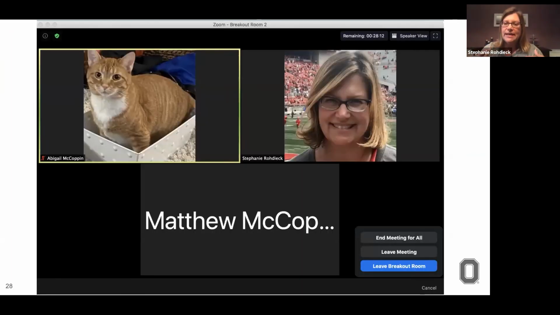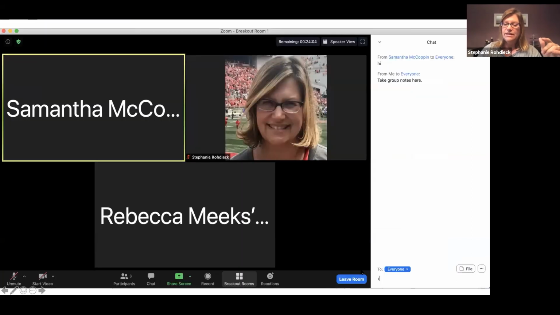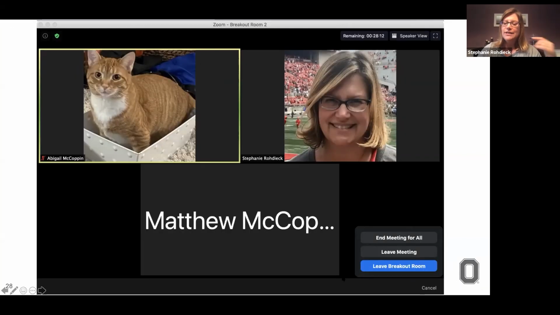When you're in a space and you're chatting with them and sharing or answering questions, when you're done and you want to leave that room and go back to the main space, that last screen I was on, you'll just click the leave button at the bottom. There's actually a leave room button. When you click on that, it's going to give you some options, and you'll want to make sure you don't end the meeting for all. Instead, you're just leaving that breakout room, and it will send you back to the main space.